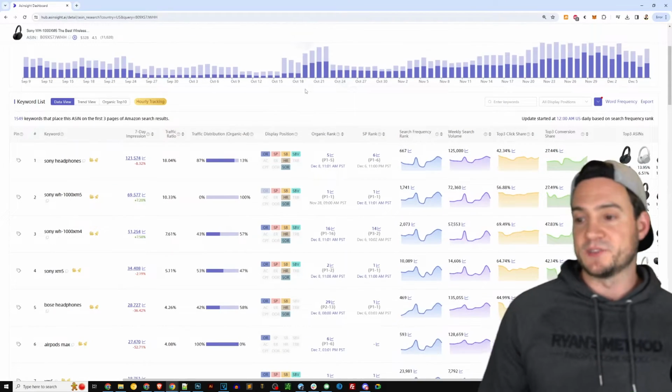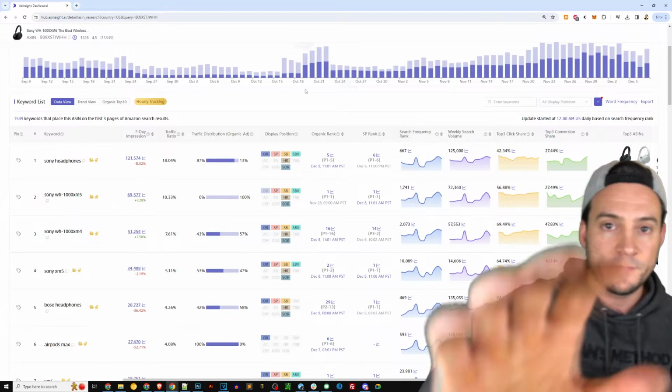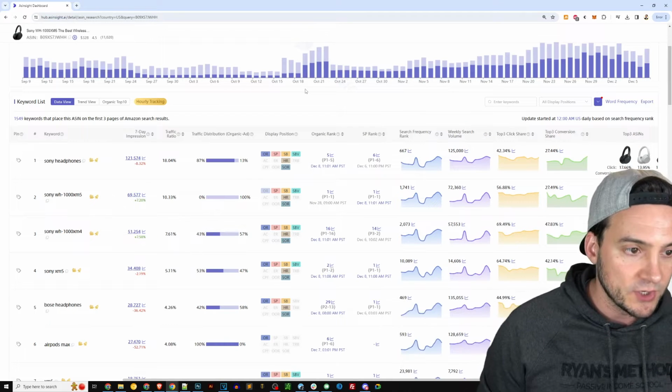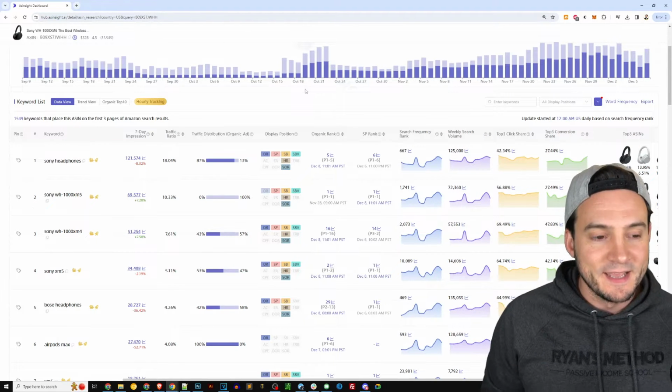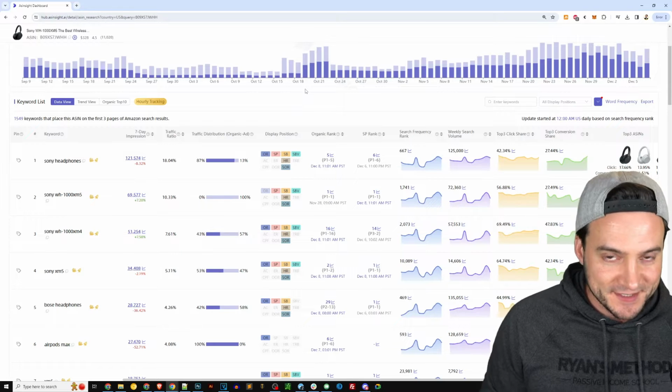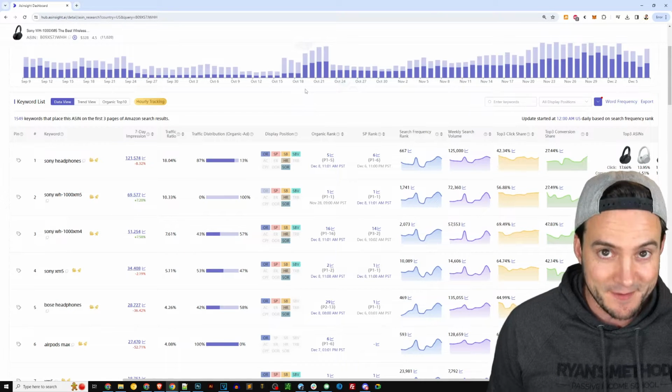But down here is where it gets really interesting. So you get to break it down on a keyword to keyword basis. Chances are you're going to care more about certain phrases and keywords than others, right? This is every